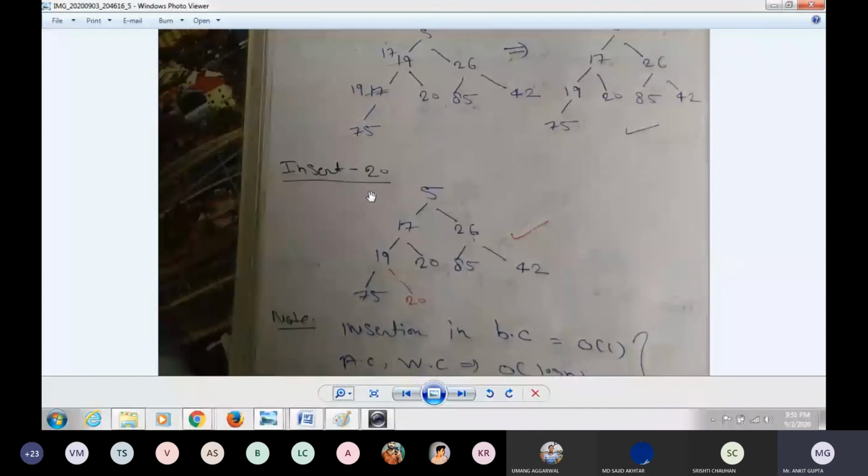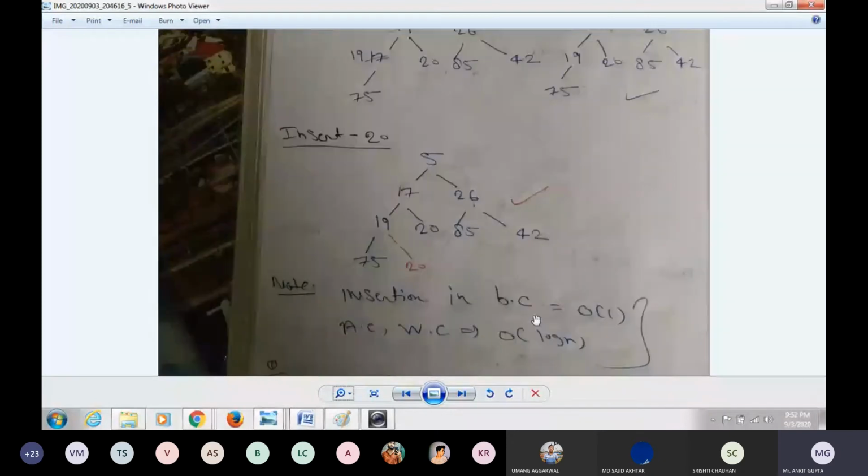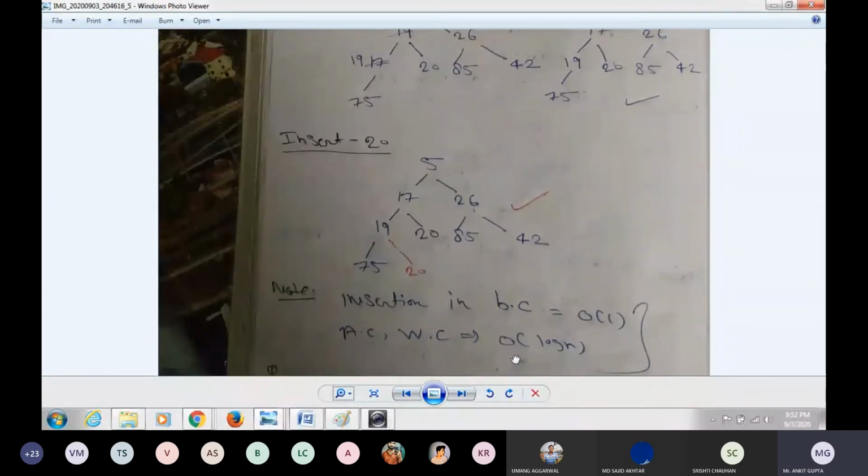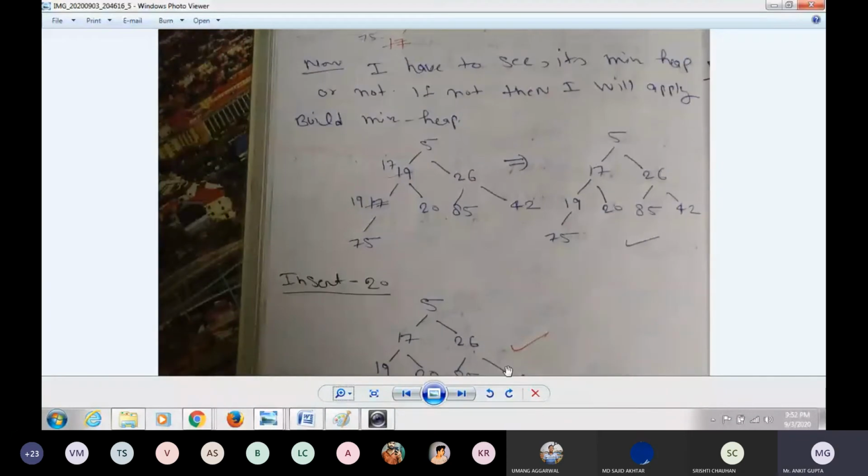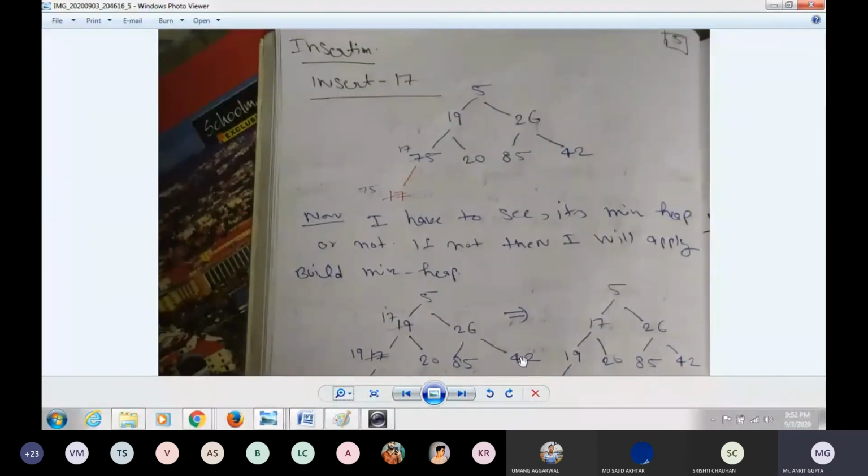So insertion may take only one step, because suppose in this case we insert only 20, it will take only one step. So in the best case insertion will take only order of one time, because only one step is required. But in the average case or in the worst case, it will take log n time. Why? Because in the worst case, when I insert 17, I have to swap 75 and 17, then again swap 19 and 17.